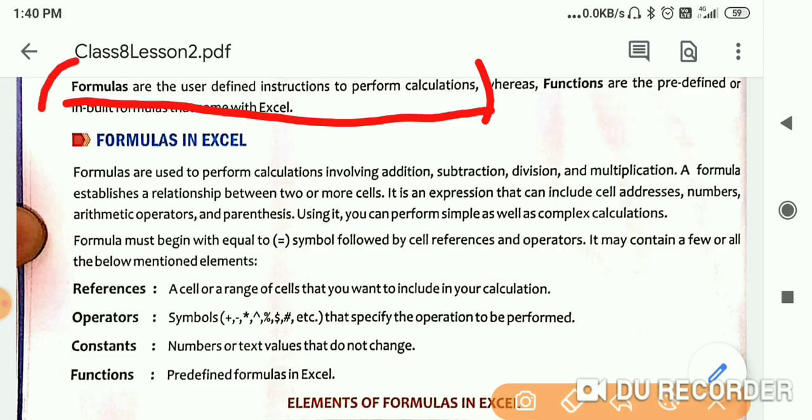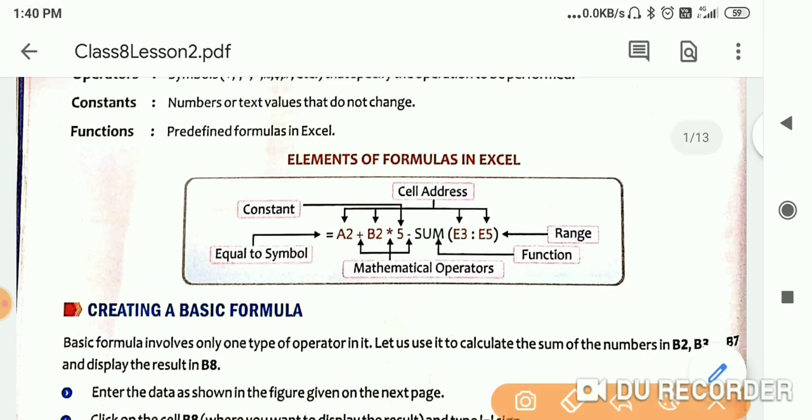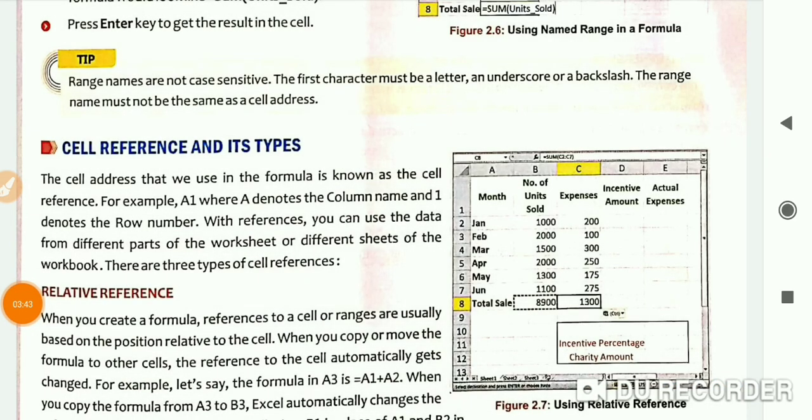And then in this answer, you have to write or you have to draw this figure, that is elements of formulas in Excel. So this is your answer 1. Question number 2 is, what is cell reference? Mention its types. So the answer is given on page number 21,